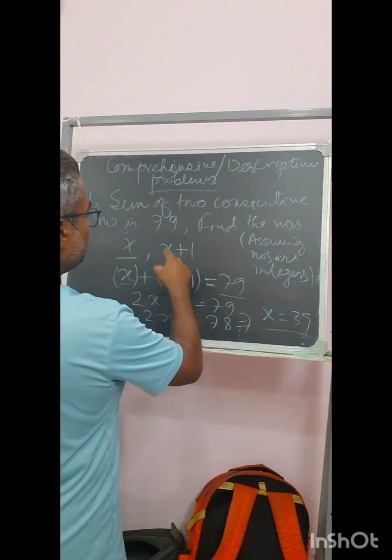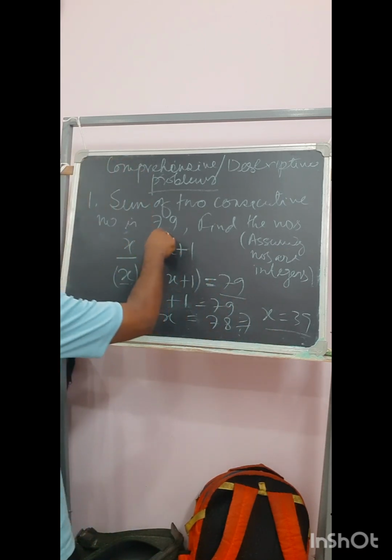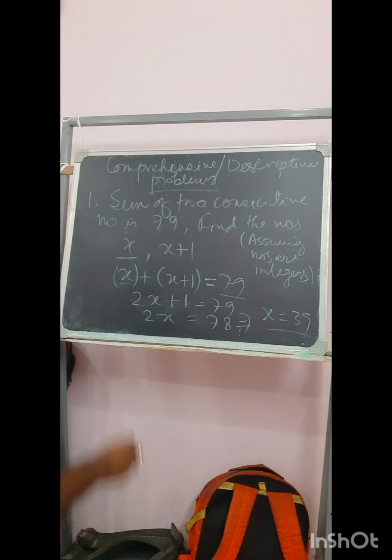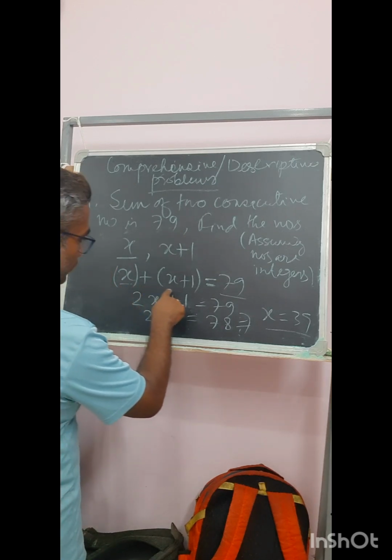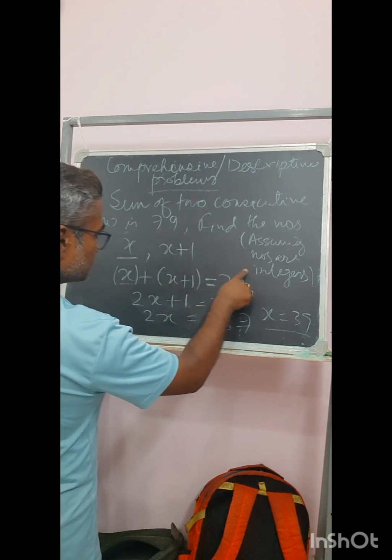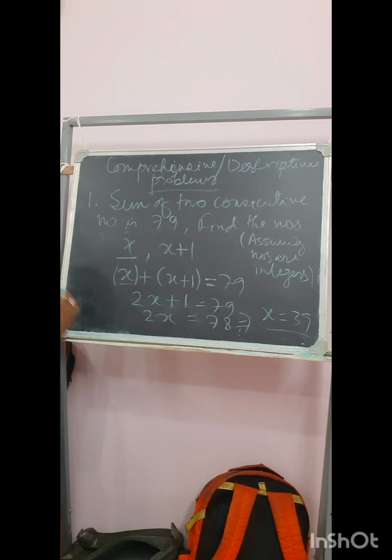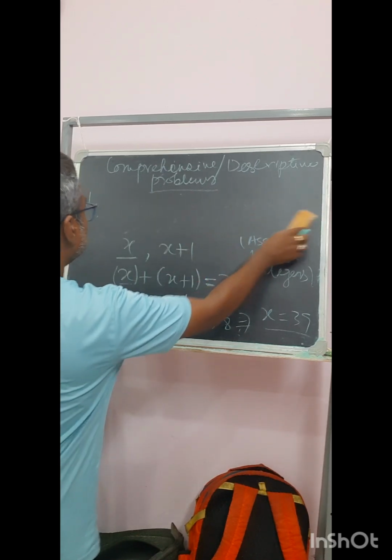This is one set of values that will satisfy this condition. So what you have done is moved into a linear kind of equation. You have formed the linear equation first as per the condition, then you have solved it. So this is a part of a linear equation problem. So coming to the next,